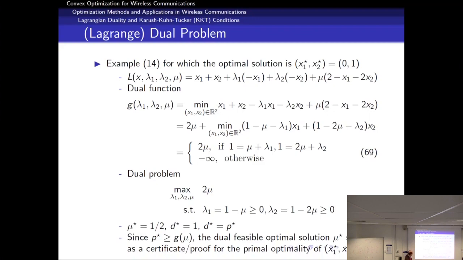Okay? So my dual problem, written differently, is that I have my dual function that I want to maximize over my Lagrange multipliers. So I want to maximize this objective function, the dual function, subject to those constraints. I have the first constraint here and the second constraint here. You can show from this very easily that here mu has to be smaller than 1, and here mu has to be smaller than 1 over 2. So you better choose mu equal to 1 over 2 in order to maximize this term. And so you end up with mu equal to 1 over 2. This objective function with mu equal to 1 over 2 will be equal to 1, which corresponds to the objective value that we had earlier when we computed it